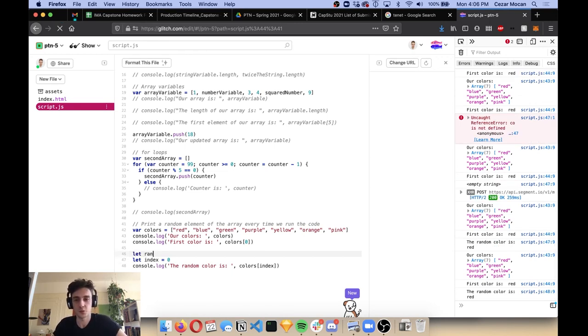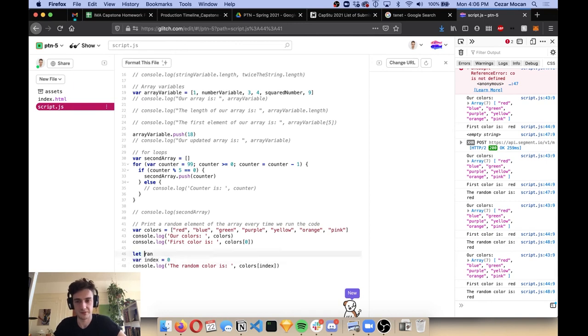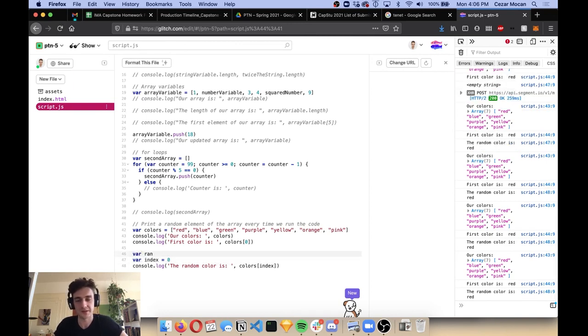So I'm just going, oops, let me change this let into var. Let is just another way of declaring a variable. It's very similar to var. There's a subtle difference between them, but you don't need to worry about it for now. We can just use var all over the place. Let's say var randomNumber equals